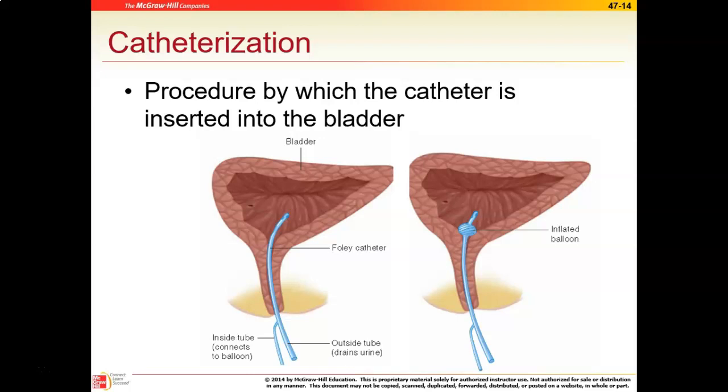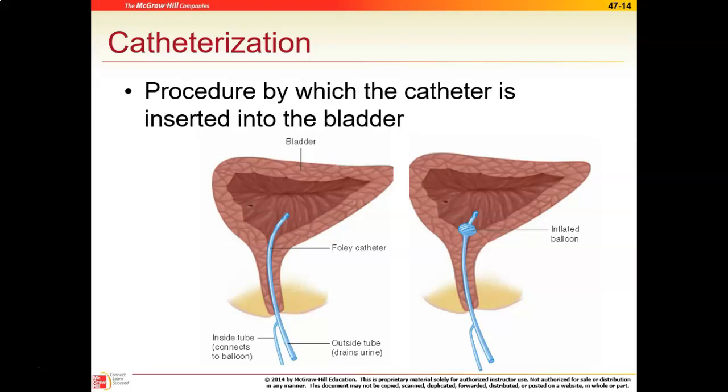Medical assistants don't prototypically do catheterizations in most states, but it is possible that you might set up and or assist, and so being familiar with the procedure is important. The procedure that's shown here, you can see the bladder looks like an upside down triangle. But remember, it's got transitional epithelium. It's very stretchy. It's like a bamboo bag, and it can hold up to 2 liters of urine, but I